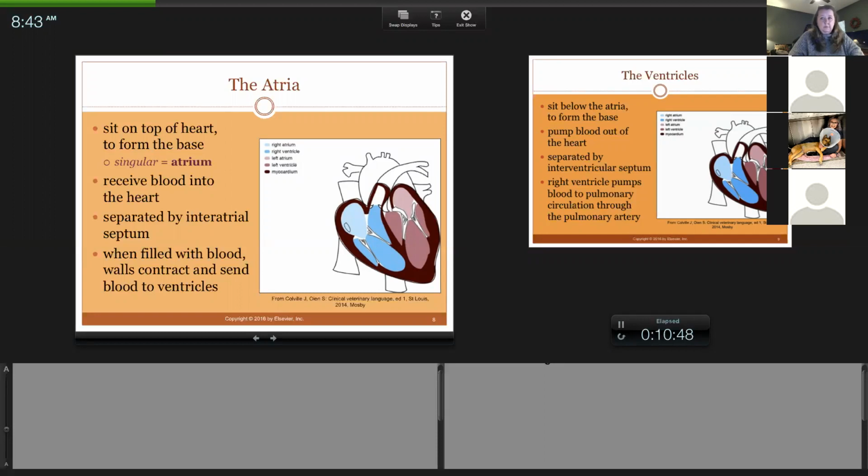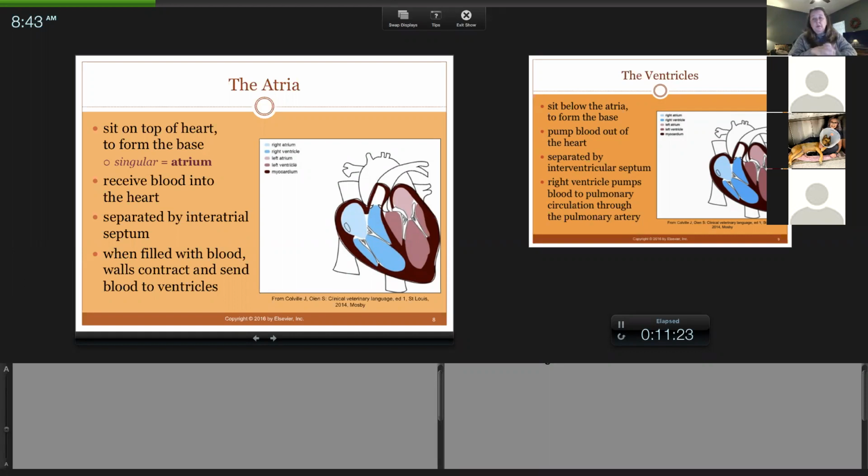Deoxygenated blood. Yes, it just came from the body. So every vein in the body, from your pinky toe, joins with all these other vessels and eventually comes back to the vena cava, and it comes back to the heart. The pulmonary veins are carrying oxygen because they just came from the lungs. Now they're a vein because they're returning to the heart, but because they're from pulmonary circulation, they break the rule. The pulmonary veins are oxygenated, okay?